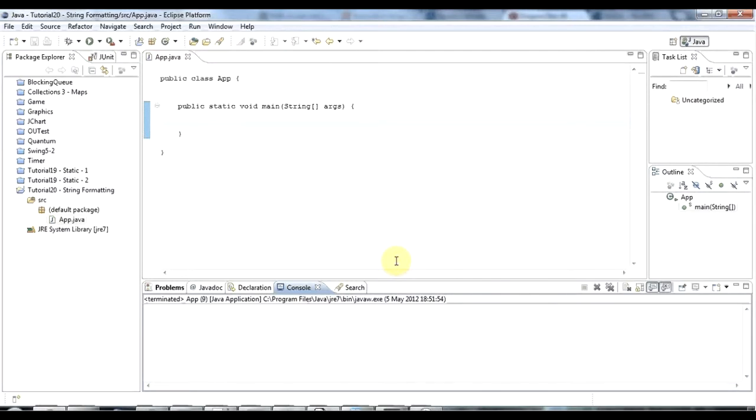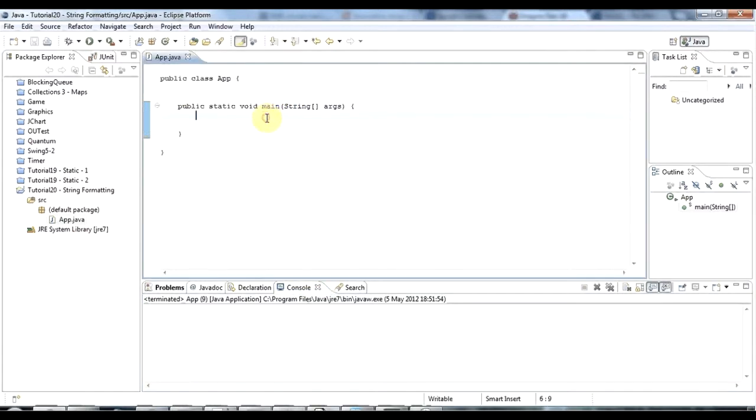String builder, string buffer, and string formatting in Java. And we're going to need these concepts before we look at things like the dot equals and the toString methods in future tutorials. So I've got a main method in Eclipse here, and I want to start by remarking that